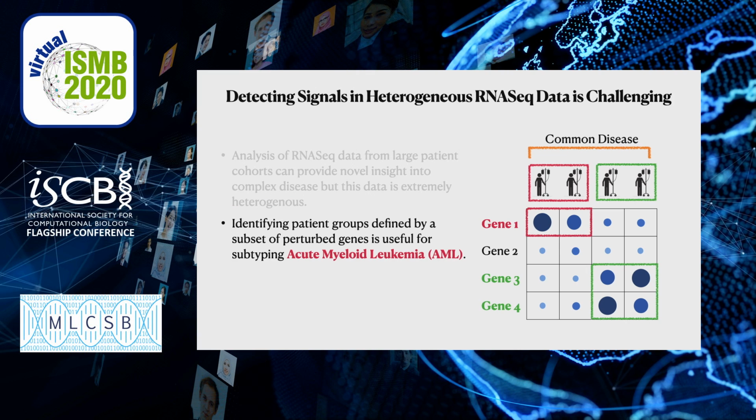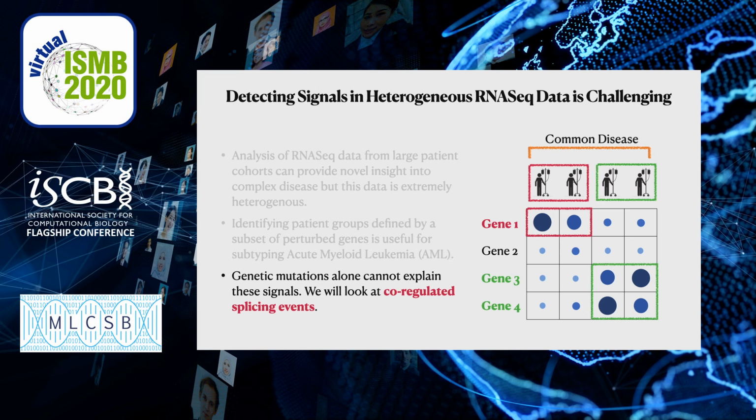One domain in which this type of analysis is particularly useful is subtyping cancers based on genetic profiles, such as acute myeloid leukemia or AML, which is an extremely heterogeneous hematopoietic cancer. Now, the traditional paradigm in cancer research has been to analyze genetic mutations as a means to explain disruption of important oncogenic pathways. However, given all the studies to date, this approach has still failed to fully explain the genetic